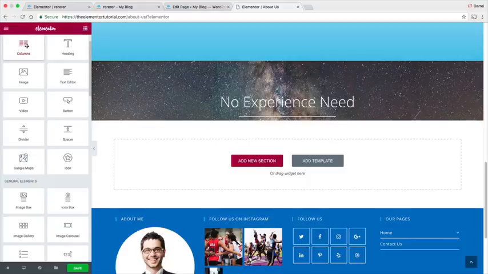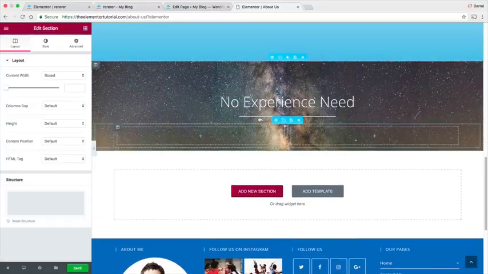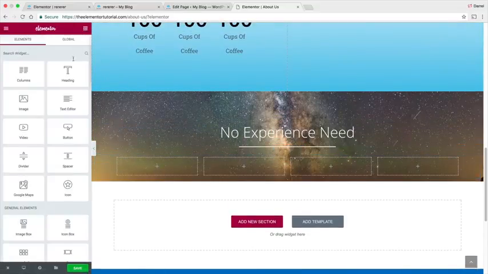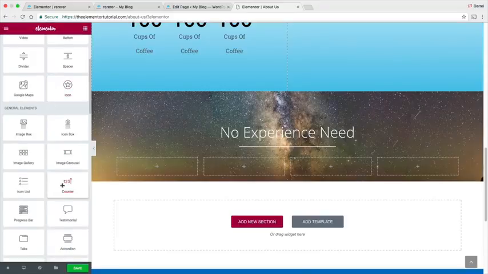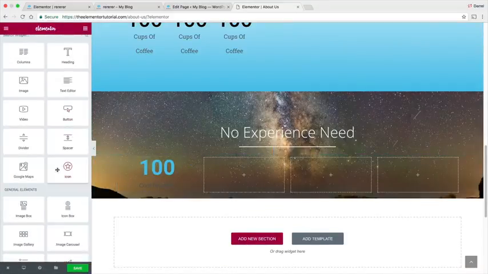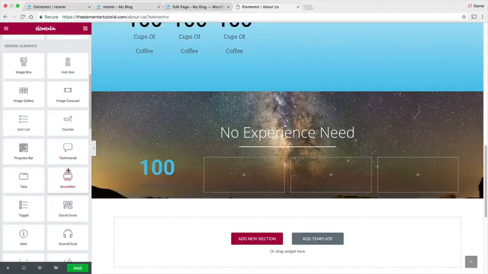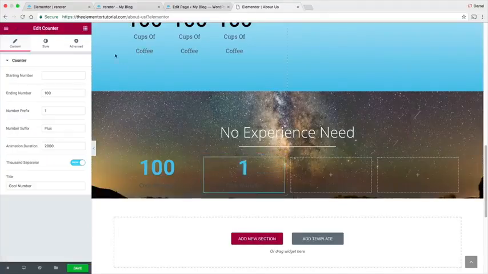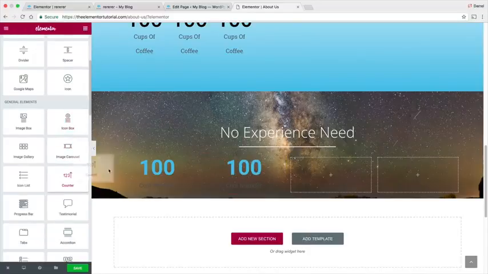We're gonna go ahead and grab these column widgets right here and just drag them underneath. And then we can go ahead and duplicate this row like that to have 4, okay? And then I'm just gonna simply click on this and drag in these number counters like that, okay? Or I can duplicate this row, but I'm just gonna go ahead and just drag them. Yeah, I wanna drag them, you know, I wanna change it up. I'm tired of doing everything the same way, you know? So number counters,